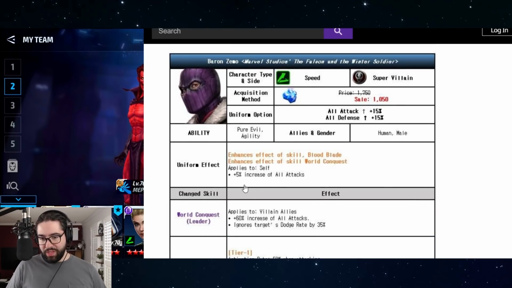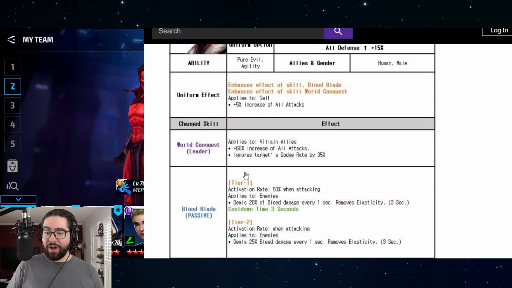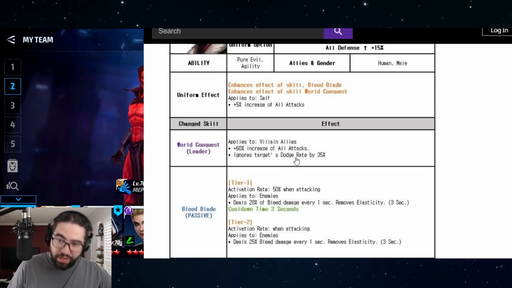And then Zemo, he's getting a pretty hilarious 5% all attack increase on his uniform. I don't know if they were worried that he'd be too strong. His leadership is getting a pretty cranked buff. Instead of 50% all attack to villains, it's 60 plus 35% ignore dodge. That is crazy good for squad battle and